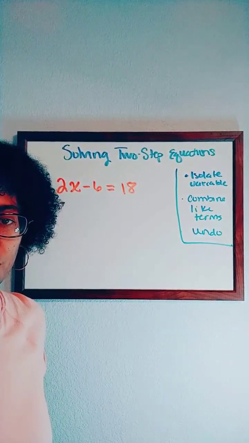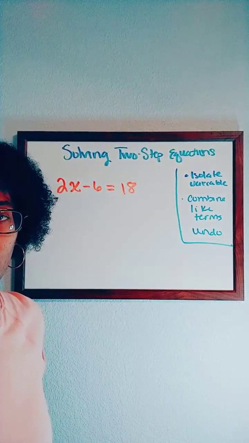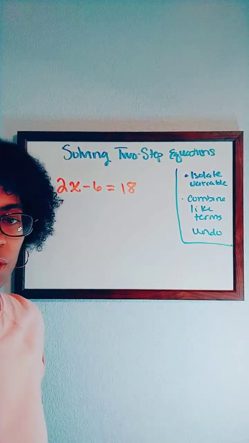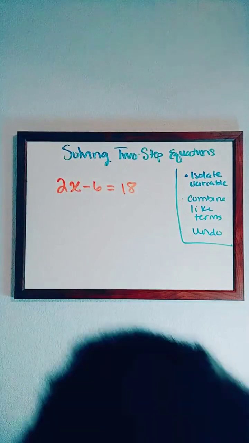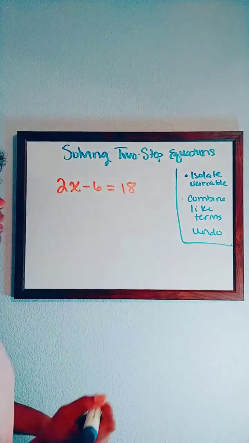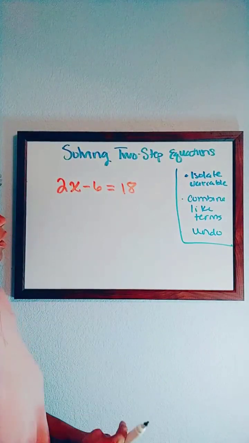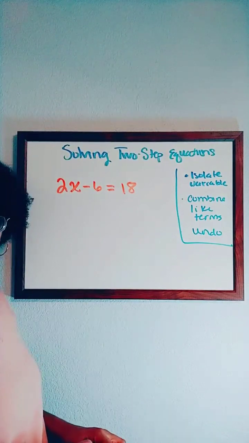Divide both sides by 2. IDK. 12. Very good. Sweets, did you get it? Where's my marker? So our first step is we are going to